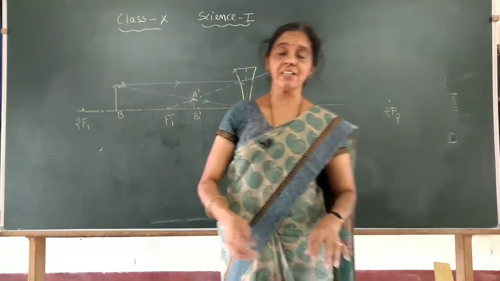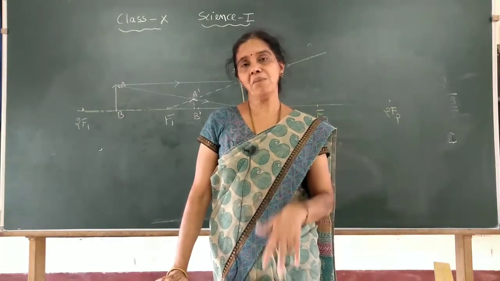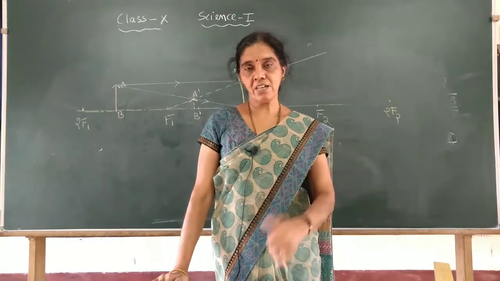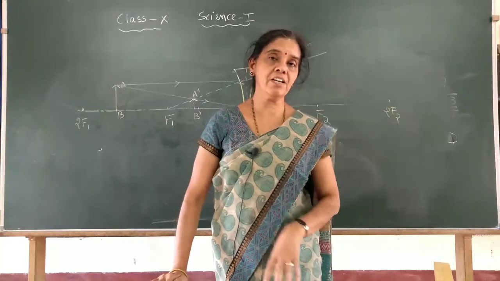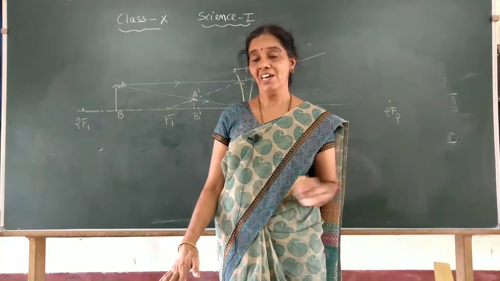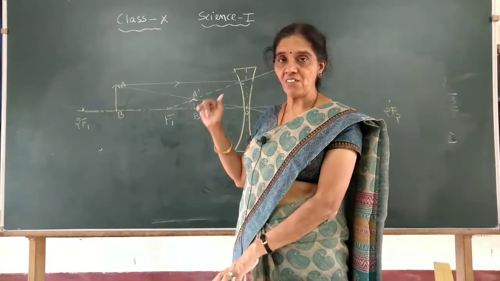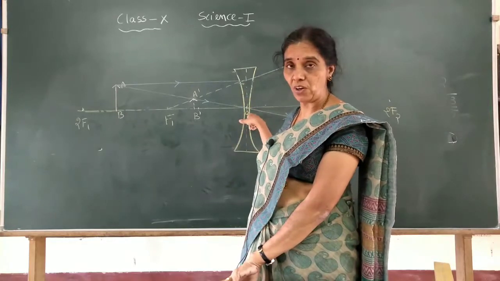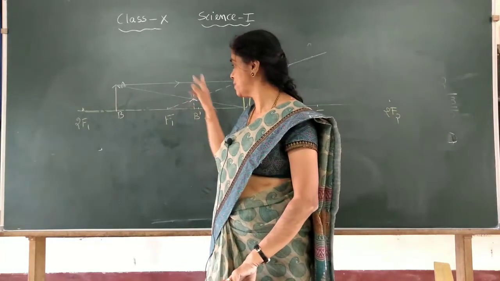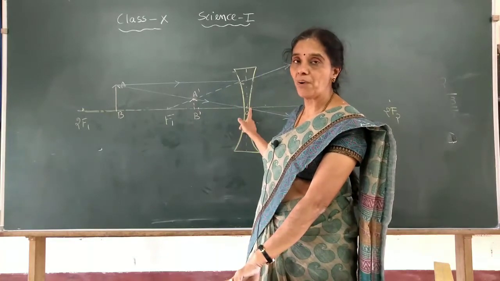The next one we will learn is the relation between the focal length, the object distance, and the image distance in the case of lenses. In the case of mirrors we have studied the same, with some rules and conventions we have to follow. There we took the distances of the object, image, etc. from the pole of the mirror, point P. Here there is no pole; the center of the lens is the optic center, O. So we have to measure any distance, whether it is the principal focus, the object distance, or the image distance, always from this point, the optic center.